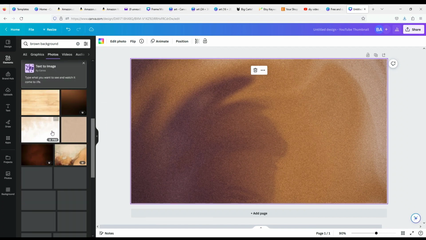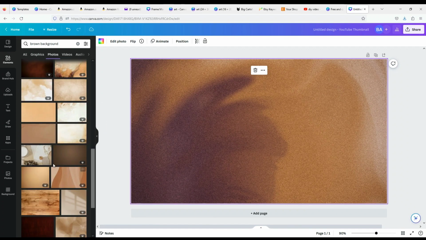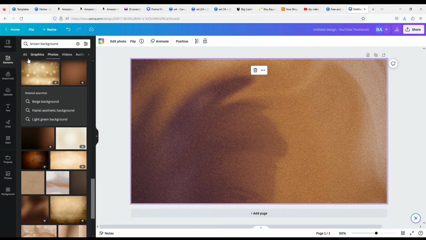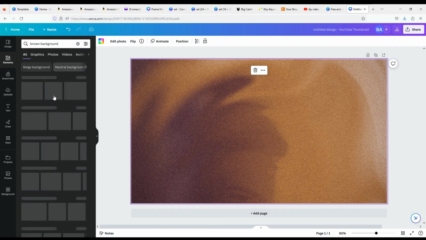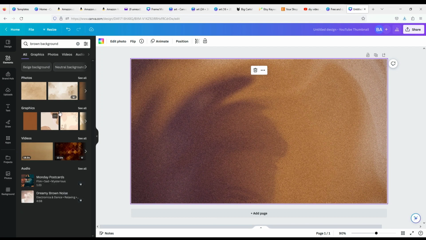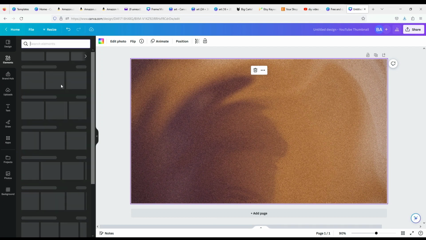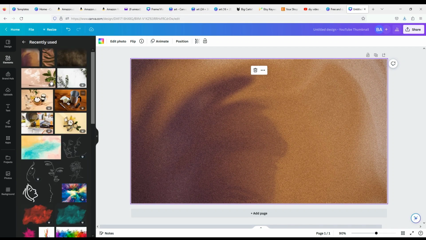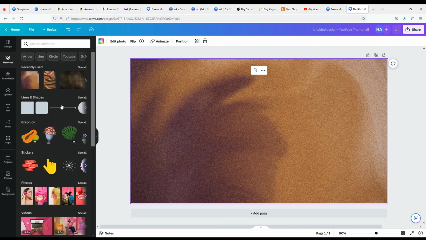So right now I'm just trying to show you. Just pick on the left side and drop on the right side. That's what I'm trying to do. So the image I want to use is all the way at the bottom. But since I'd already clicked on that image before, I'm just going to go back to element and go on recently used. Once you go there, these are the images I recently used in the past and my design is